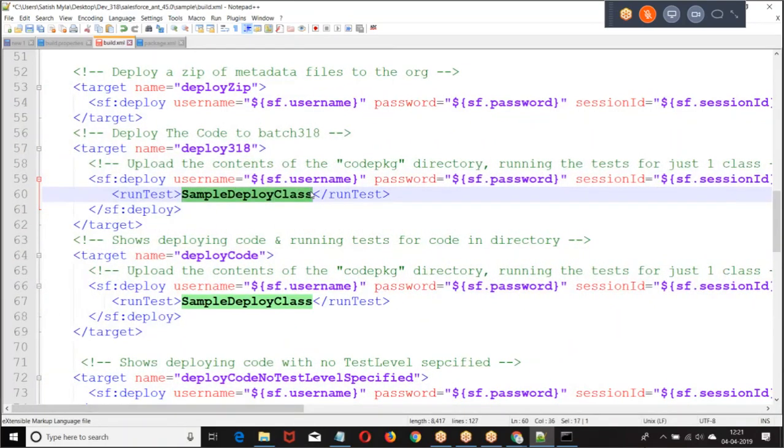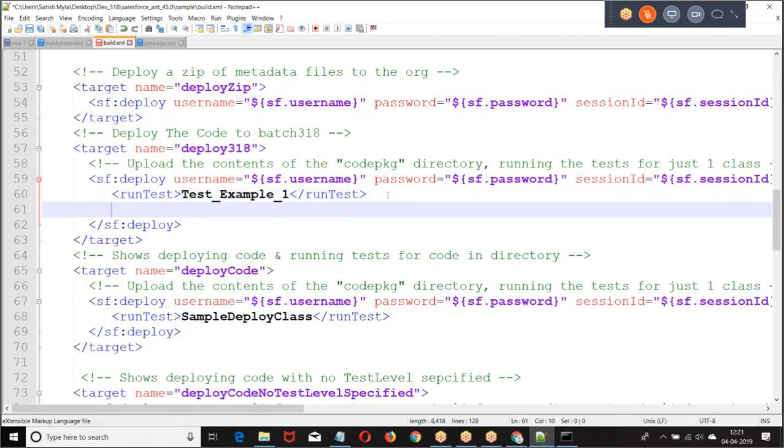What are they? You're supposed to give test 1, test 2. But I'm giving them as 2 separate entities and trying to make it. We'll check it out. So I mentioned it here.